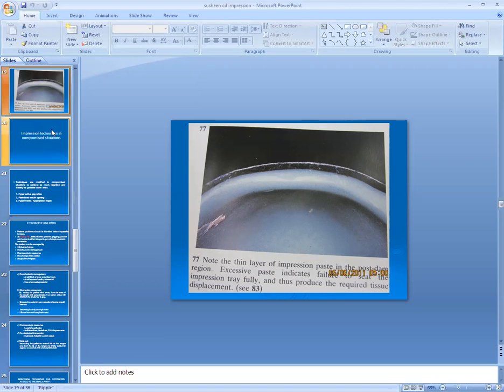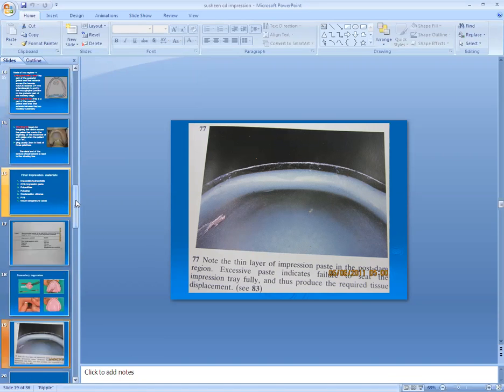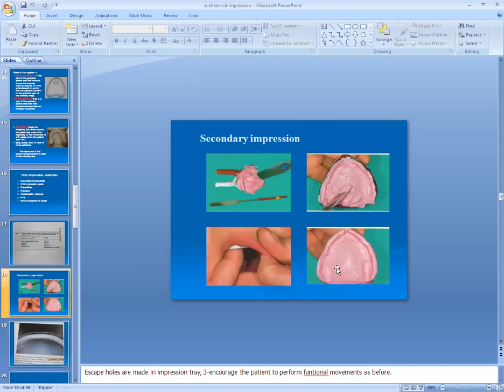That is the completeness, and it will look very refined. Even minute details, such as salivary gland openings, are recorded in the wash impression.